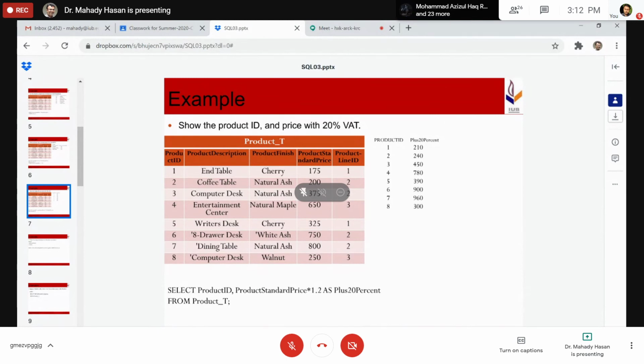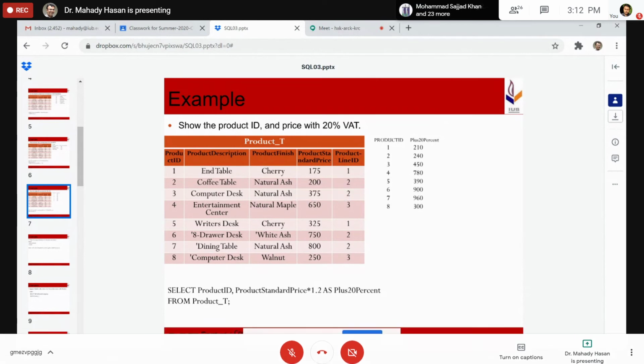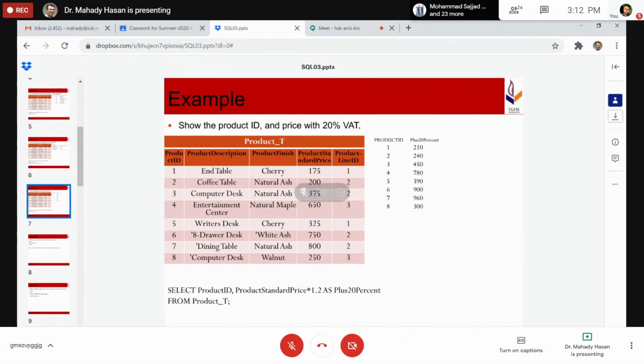Now how can you write the SQL? To do the SQL, you have to select product ID, and product standard price should be multiplied by 1.2. Why 1.2? Because you want to add 20% extra. And we have renamed it. We have used something called AS.